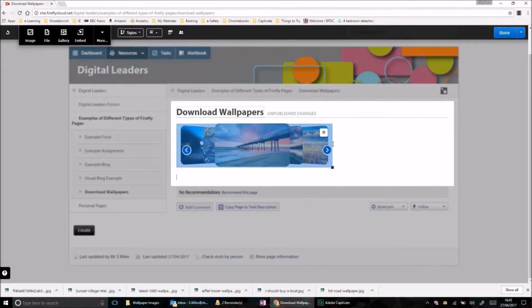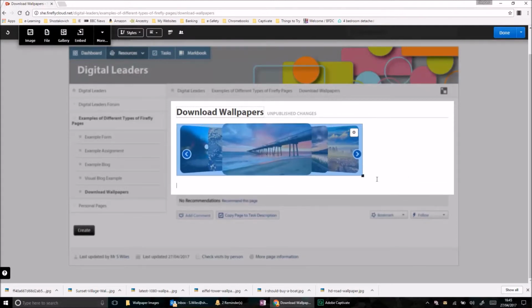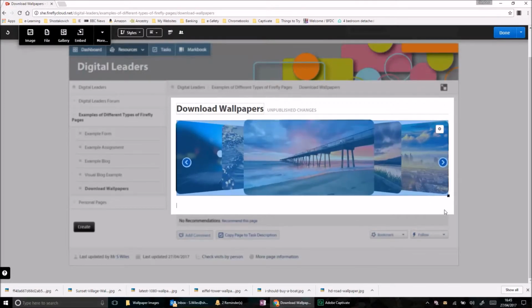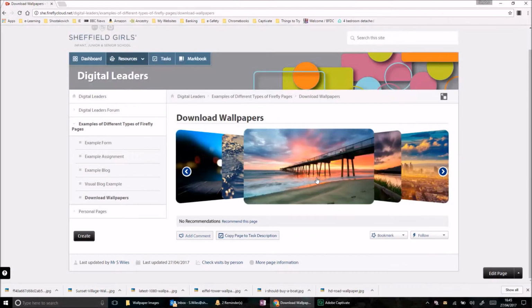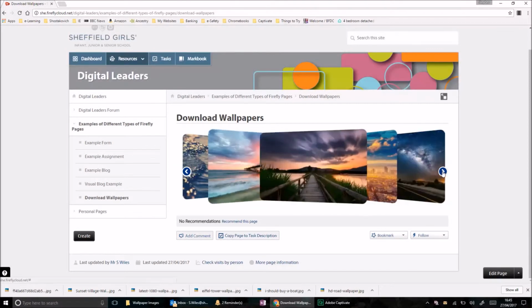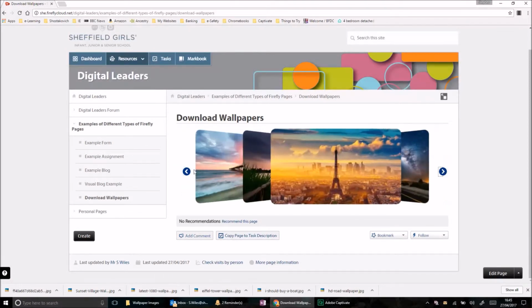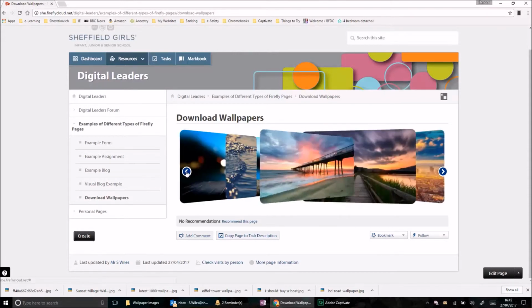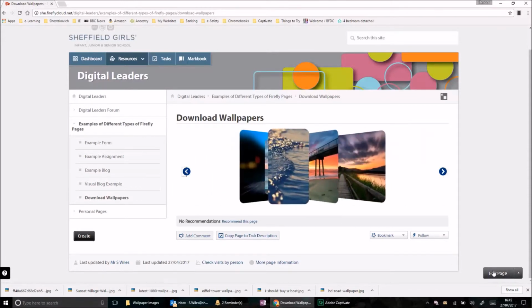So that's how you put a gallery into your page. There's just one final thing I just need to show you. I'm just going to return that to its normal size. And I'm going to click done. What you'll notice is that in this view, there are no names of any of the files that appear on this page. But if I go back into edit page,